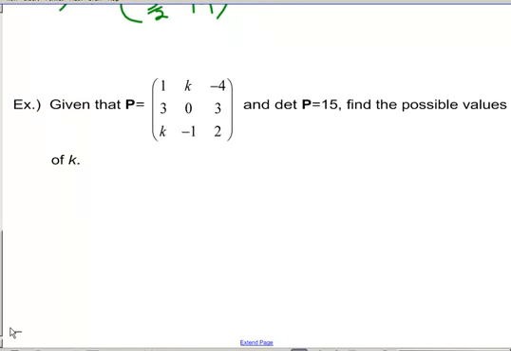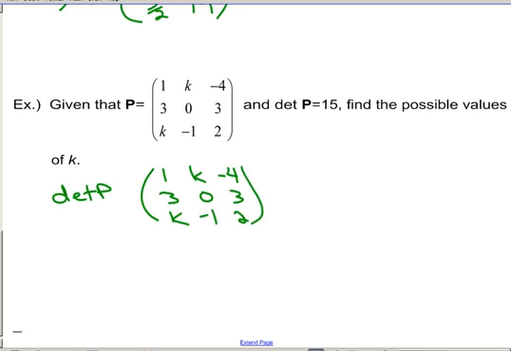Okay, given that P equals this matrix that has a variable inside it, and the determinant of P is 15, find the possible values of K. And this is telling us that there should be more than one value. First thing I might want to do here is find the determinant of P. And to do that, using my little trick that I like to do,